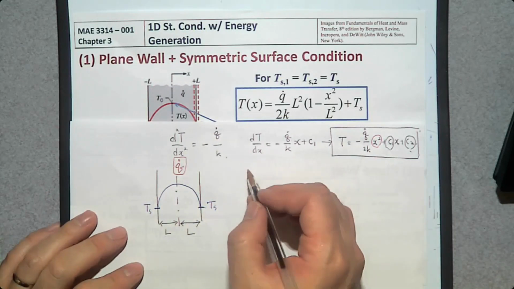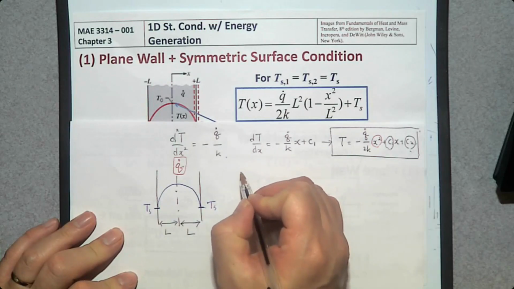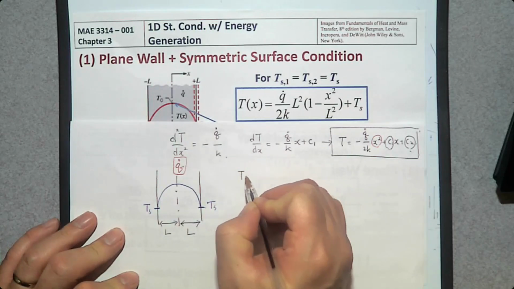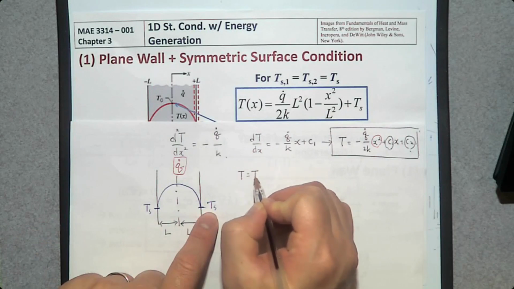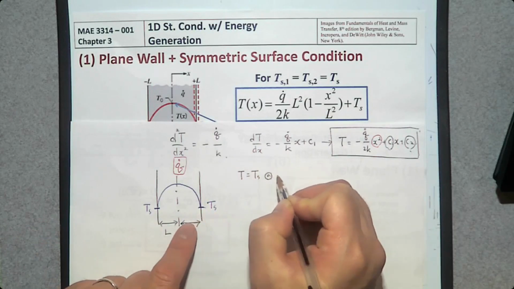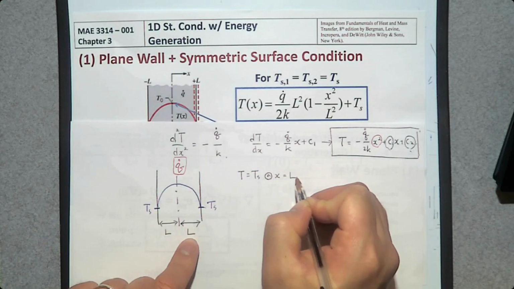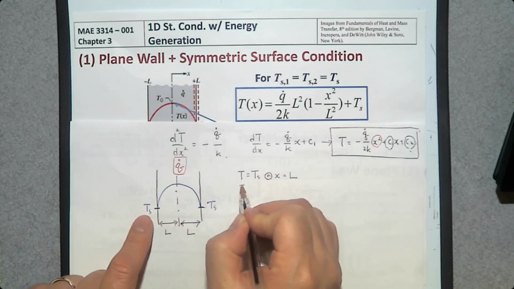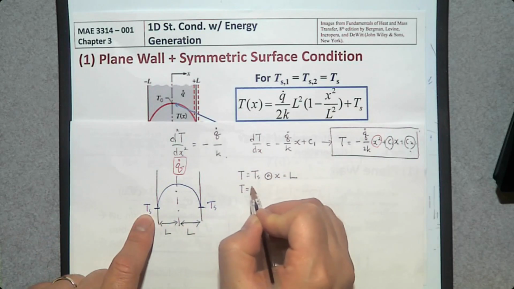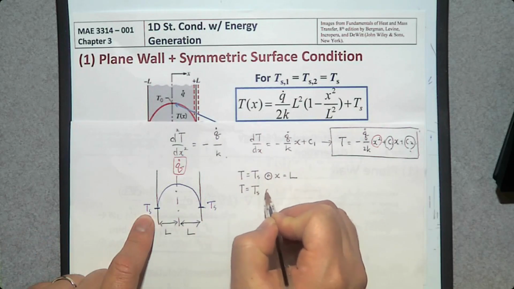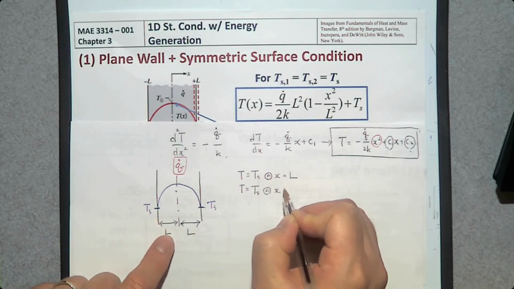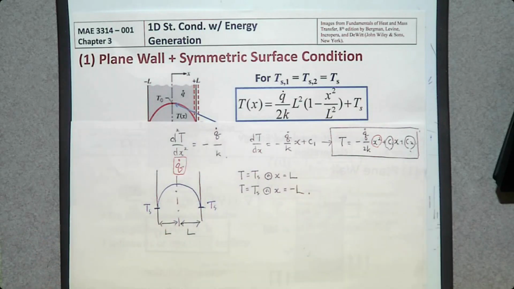Then we can come up with two boundary conditions. The first one is temperature T equals Ts when x is L. And the other boundary condition is temperature T is, again, the same Ts when x is minus L. So if you apply these two boundary conditions on this temperature equation to determine unknown c1 and c2,